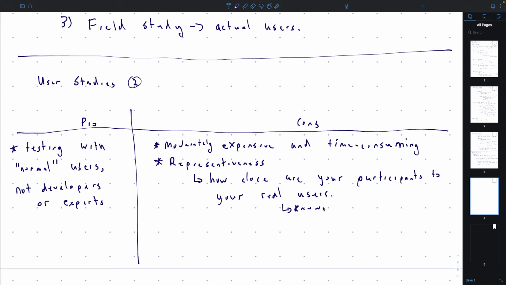So how close are they to the real users in terms of knowledge and experience, primarily?